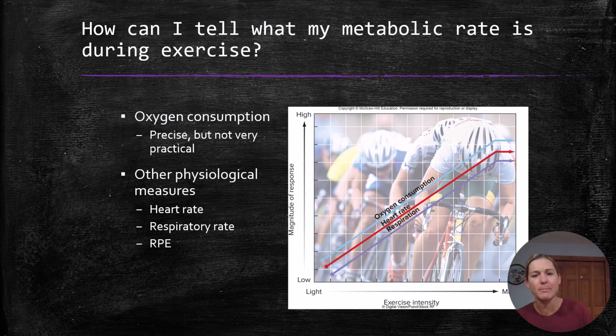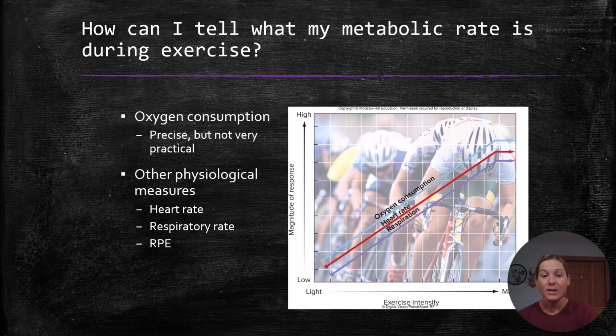How can I tell what my metabolic rate is during exercise? We can look at oxygen consumption. This is super precise. That's the thing where you have the face mask hooked up and we're looking at how much oxygen we're using in comparison to CO2 production. However, it's not super practical. You're not going to be in a lab to do these tests. You will if you're a kinesiology major, but otherwise you're not going to be in a lab doing these